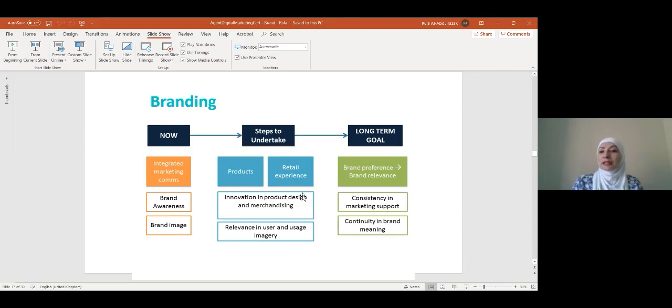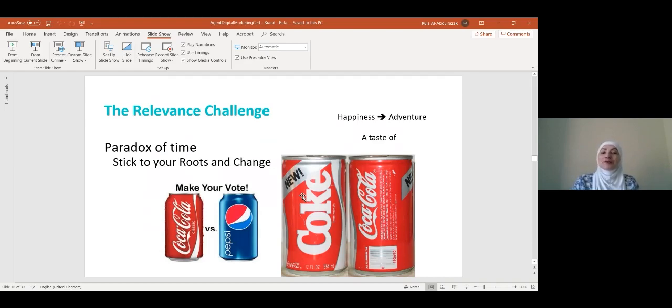And then comes the preference, based on the relevance of these brands to me as a client. So is it consistently coming across through its content, through its communication, that it is relevant to me and has the meaning that I'm eager for? And this is the long term that I'm aiming for, so that our clients commit to use our service and talk about it to other people.